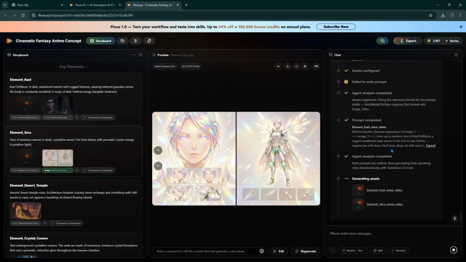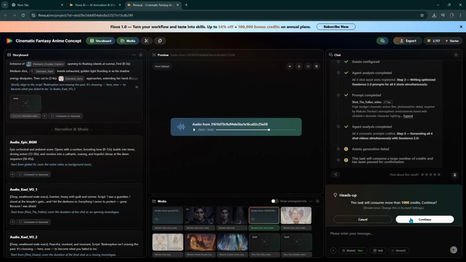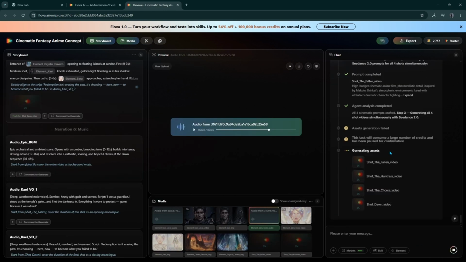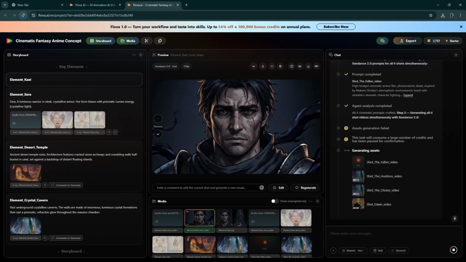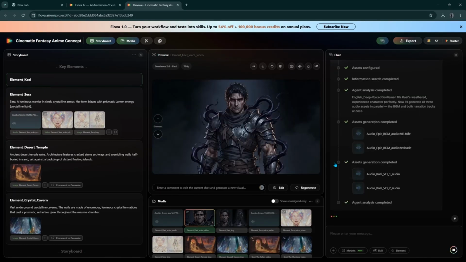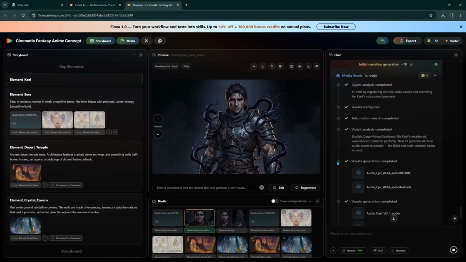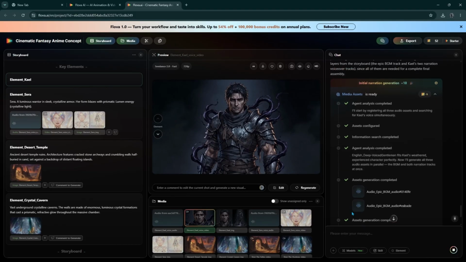You can see the video being generated with the voiceover synced already, the audio is being generated, and now it's generating the video part. It's done generating the video and it's syncing it with the audio, and it automatically knows how to match them together. It's actually very good at that. At this point, you can see all the videos being generated and you can see the quality. Very, very nice. It's generating the full short video. Most of them are already generated right here.